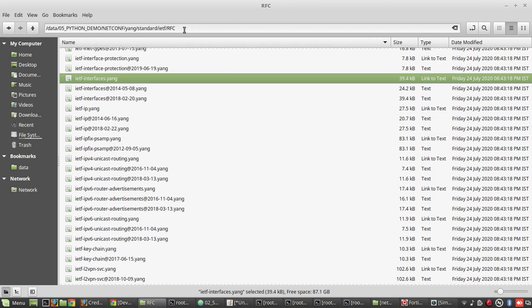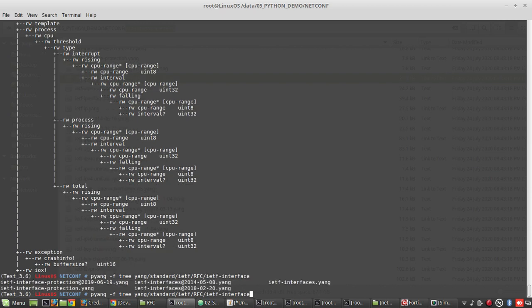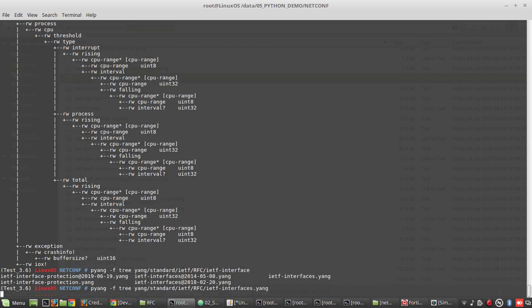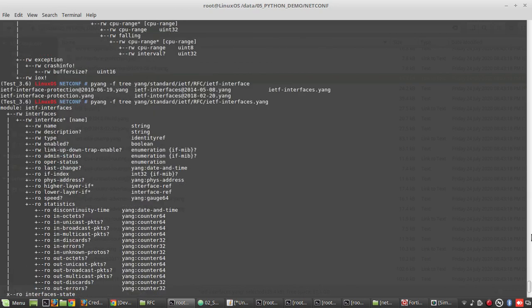Now if you want to decode that, again using pyang, ietf-interfaces.yang, you'll be able to see the IETF defined interface configuration format.